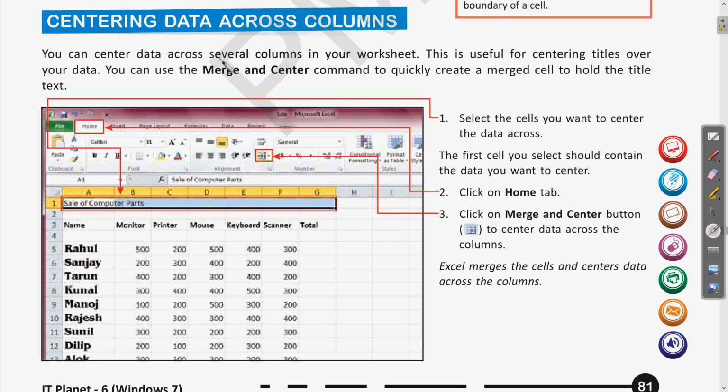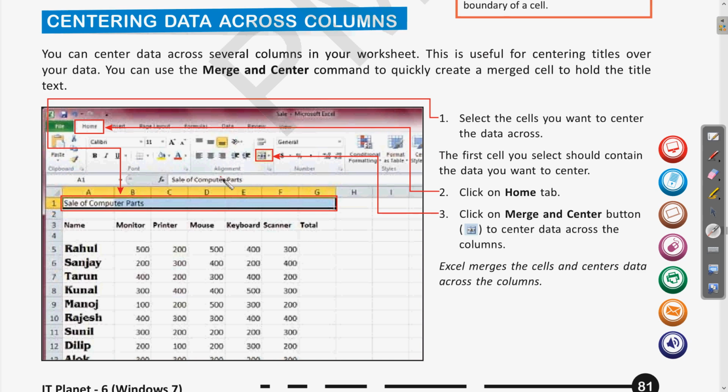Let us see now. You can center data across several columns in your worksheet. This is useful for centering titles over your data. You can use the merge and center command to quickly create a merged cell to hold the title text. Clear? These centering options are required to add a heading or title for the table.